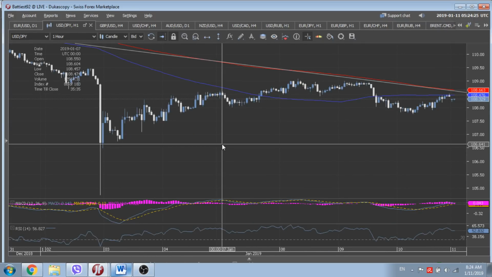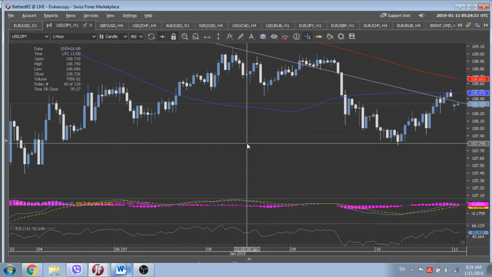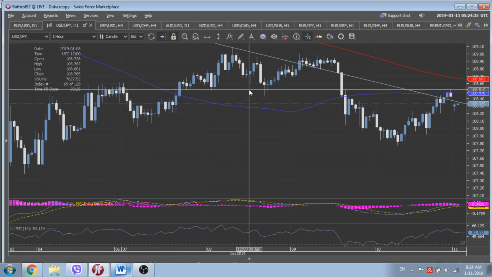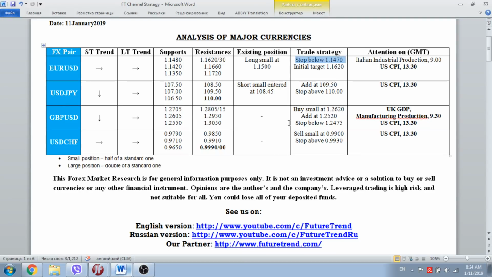Dollar yen is looking more or less uninteresting at the moment. It's trading around 108.32. Anyway, yesterday, its rebound to the level of the resistance barrier 108.50 gave us a chance to enter a fresh short position in the currency. As you could see from our strategy, we are ready to add to the existing short position in the dollar yen at